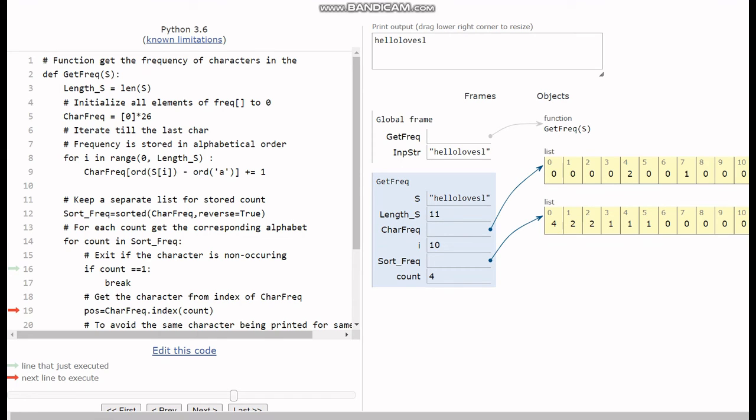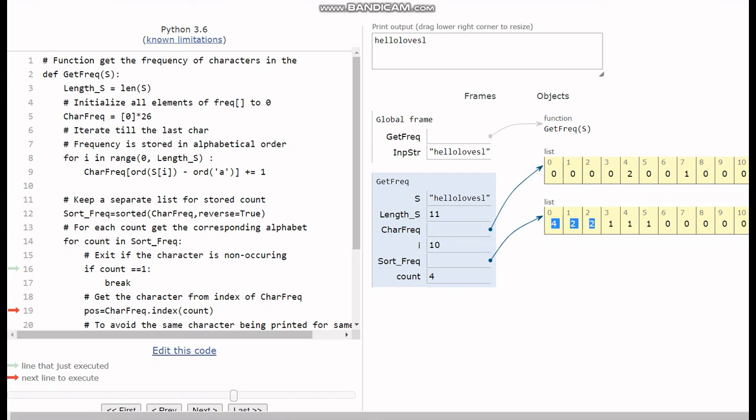If you see line number 16, I have given a break after count is equal to 1. Which means out of these 26 elements, only till index 2 it would be parsed.